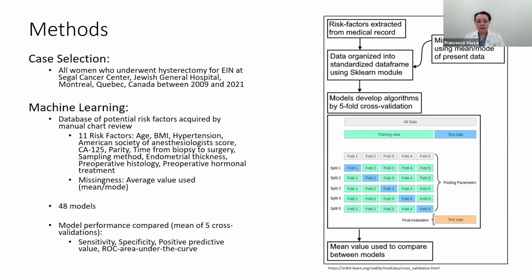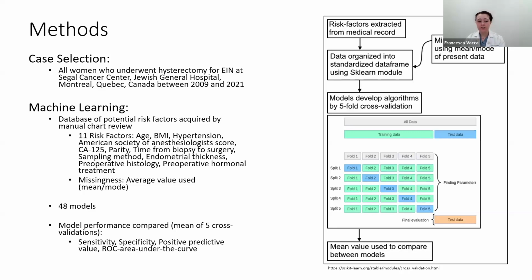So they selected all women who underwent hysterectomy for EIN at their cancer center between 2009 and 2021. And from those cases, they went through the medical records and they found 11 different risk factors for these patients. Those included age, BMI, hypertension, the American Society of Anesthesiologists score, which is a score based on someone's everyday functioning, their sort of overall health score. The CA-125, their parity, time from biopsy to surgery, sampling method, so that's whether the biopsy was a curettage, an in-office endometrial biopsy, or an in-OR hysteroscopic endometrial biopsy,